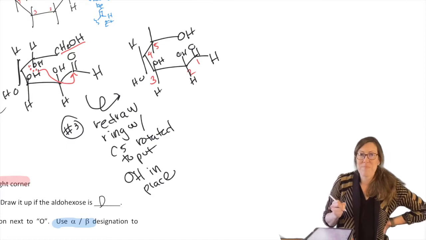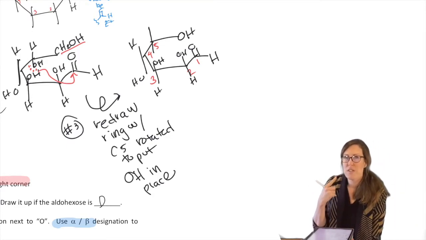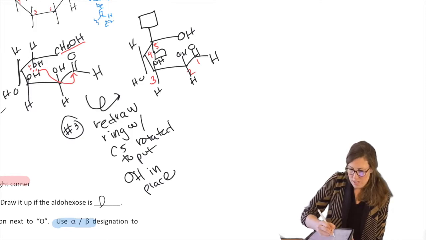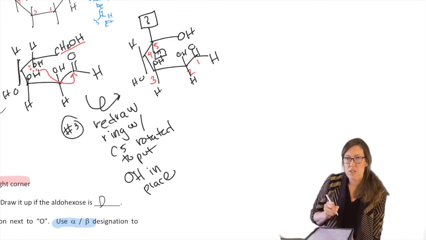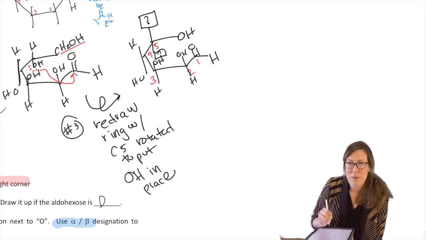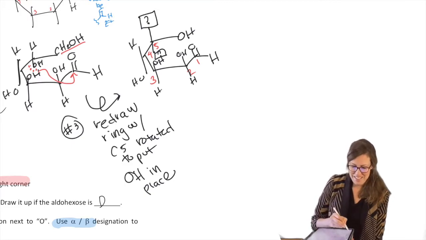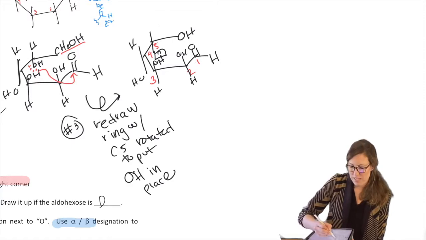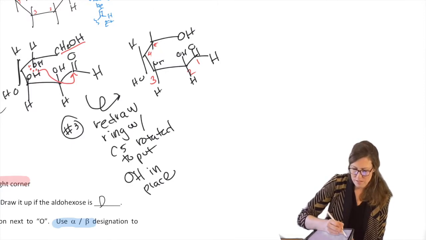Now what I want you to do is work that out. When you did that rotation, who goes up here and who goes down here? So stop, do that rotation, use a model if you have to, and come back to check. When you check, I'm going to erase this so that we have a spot to write it.